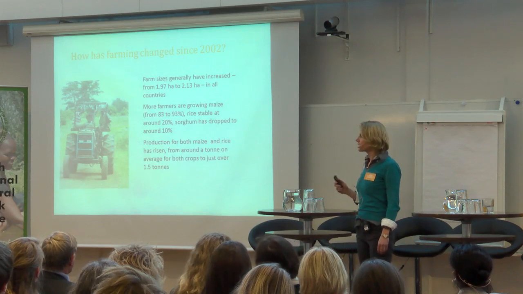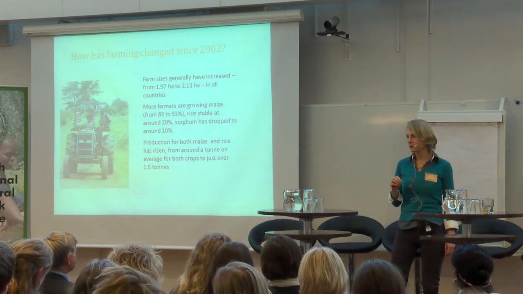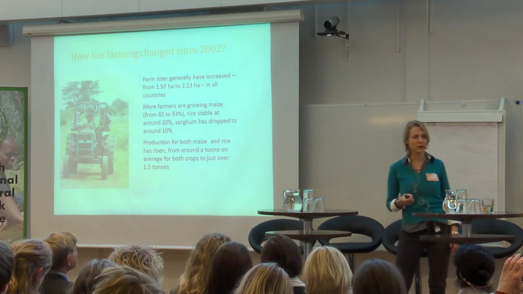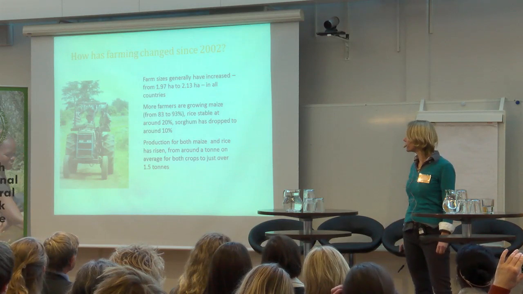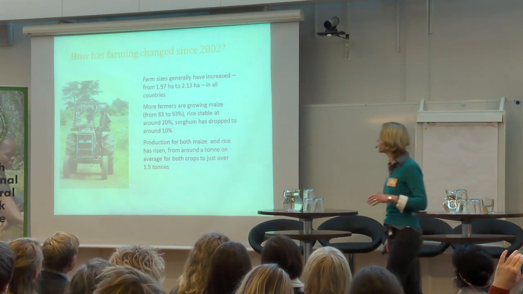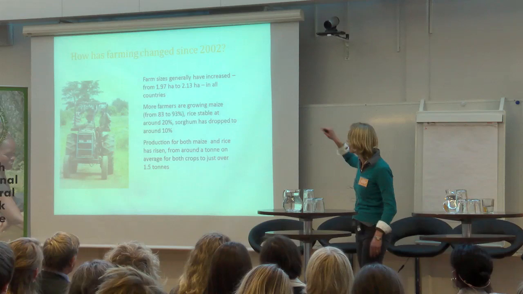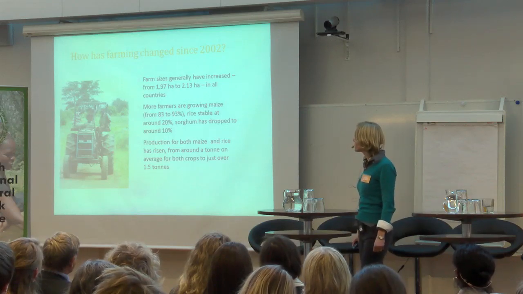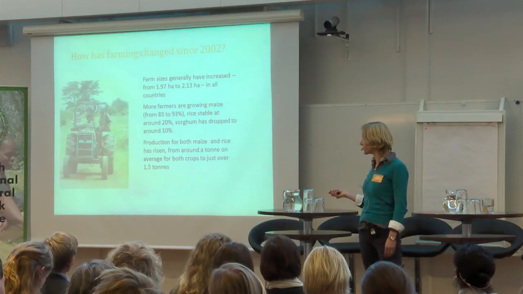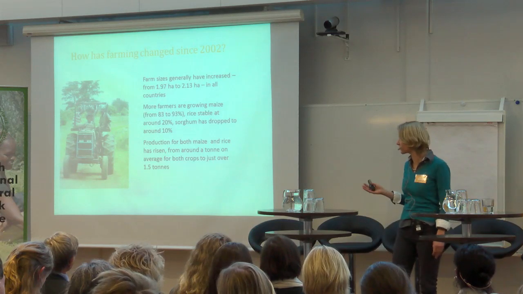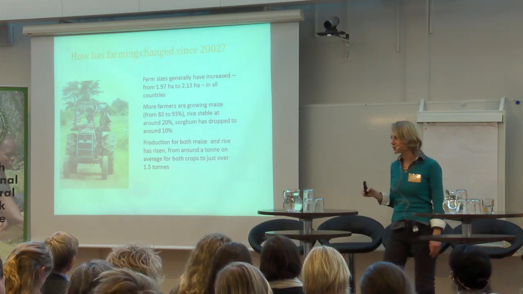Quite surprisingly, given the discussion about shrinking farm sizes, what we see is actually that on average farm sizes have increased. Not vastly, but they've increased from around 2 hectares to 2.3 hectares. There's a typo there. In all countries. More farmers are also growing maize, so there's perhaps not an increase of monocropping as such, but there's a tendency of moving towards maize. So from 83% to 93% between 2002 and 2013, while sorghum has dropped, which I think